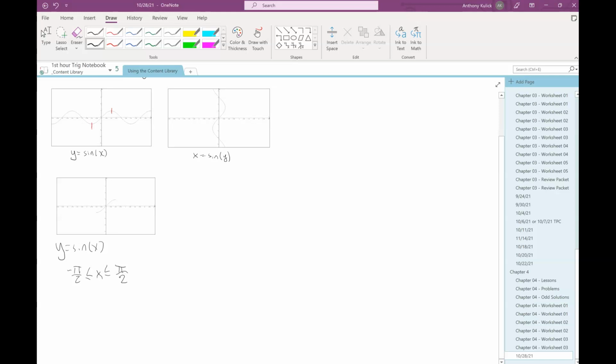I've just chopped off and taken one little section of that previous graph. And the reason I want to do that is because when I make my inverse,